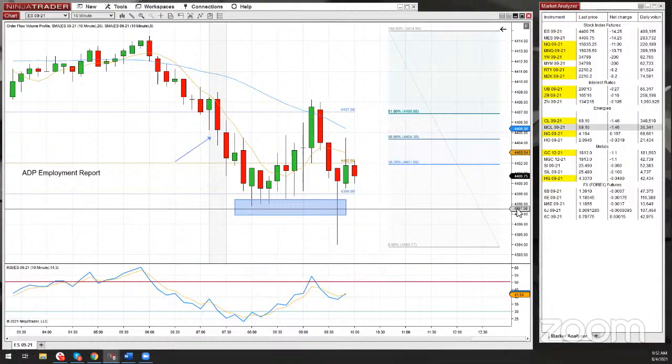For the notional value of that contract, let me get my calculator out so I can be precise. You multiply 4,400 by 50, because each point is worth $50 per contract. So you get a notional value of